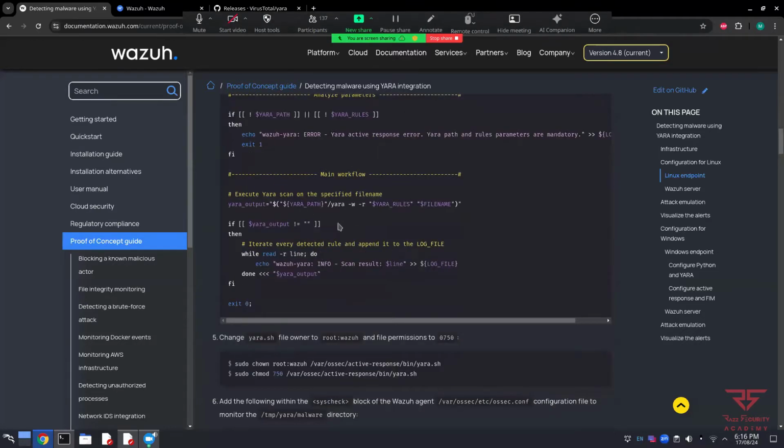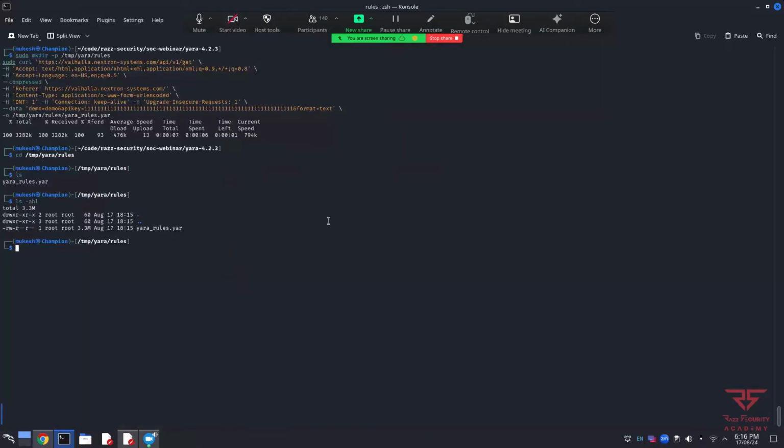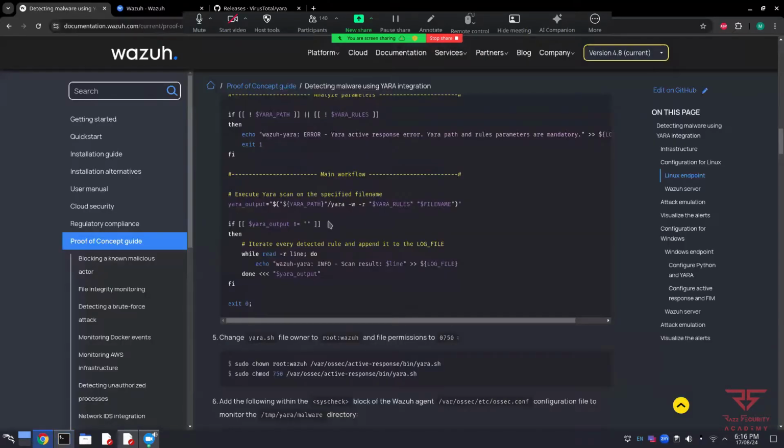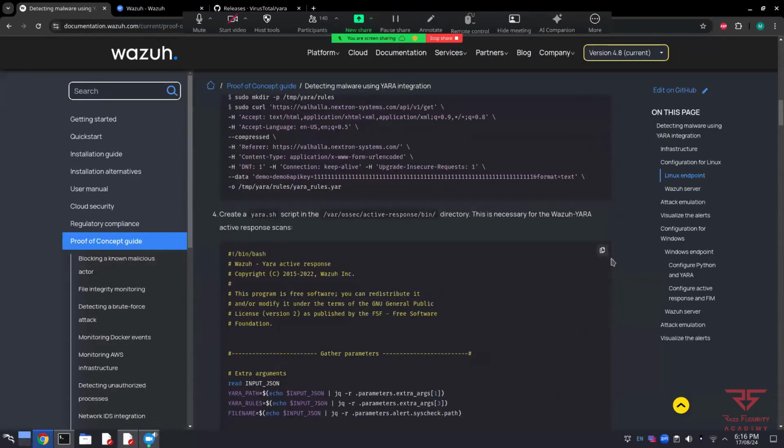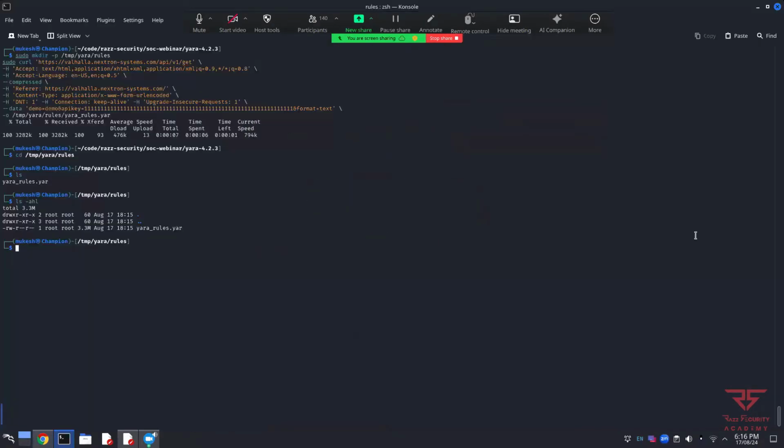And once it executes Yara and looks at the output, it will be able to determine whether that file is malware or not. So we will be copying this whole shell script and pasting it into /var/ossec. So I will need to be root to do this. So I'm going to go to /var/ossec/etc